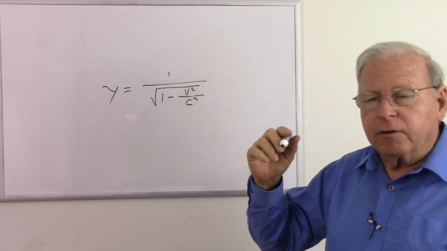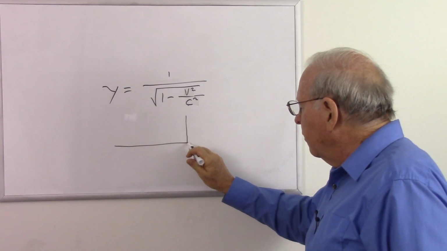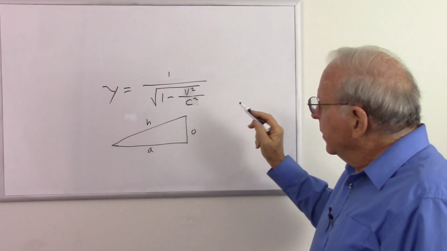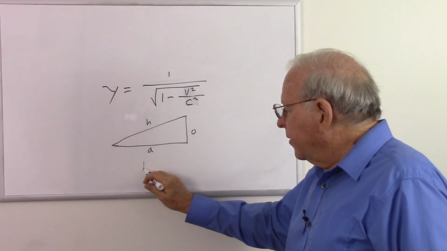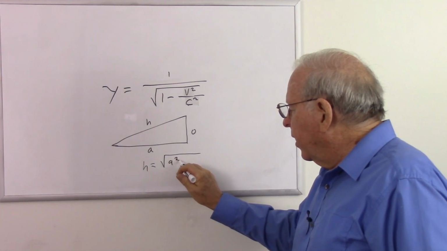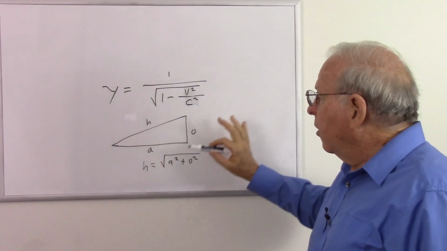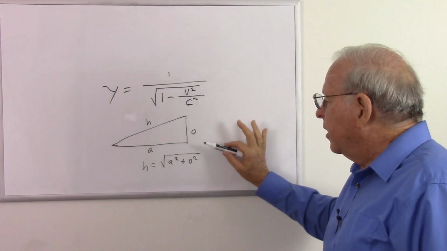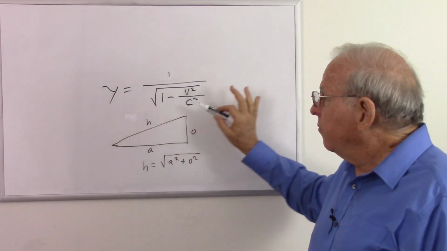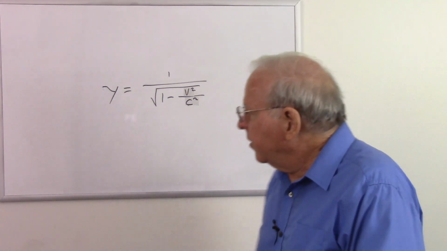And once again, I do have a video that shows how this is simply a rearrangement of the Pythagorean Theorem. If we look at a right triangle, and the three different parts are the adjacent, the opposite, and the hypotenuse, the Pythagorean Theorem says that the length of the hypotenuse is equal to the square root of the adjacent squared plus the opposite squared. And you can rearrange that into this formula. So the Lorentz factor is simply a rearrangement of the Pythagorean Theorem. So we're looking at already that we might be able to do something with right triangles to show how special relativity works. I'm going to be focusing more on the reciprocal of gamma, which is alpha,